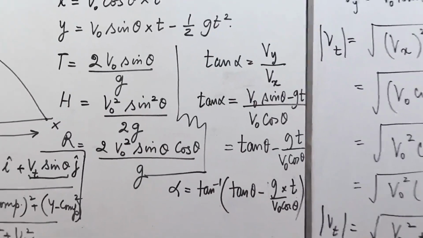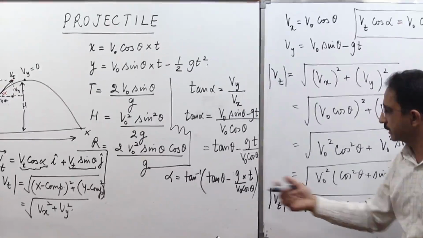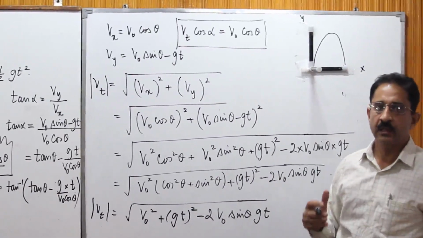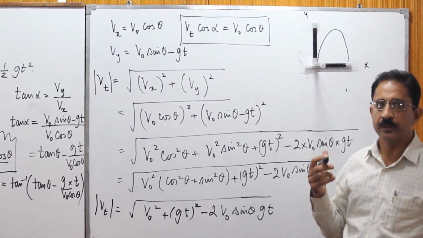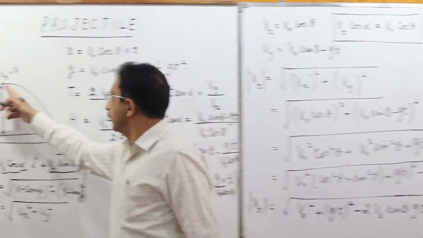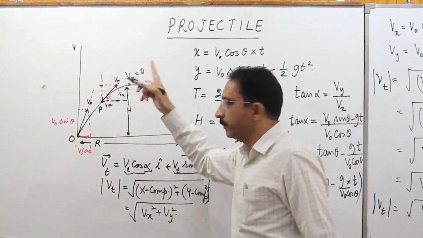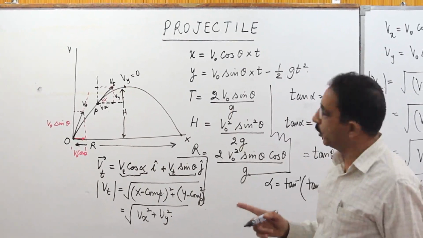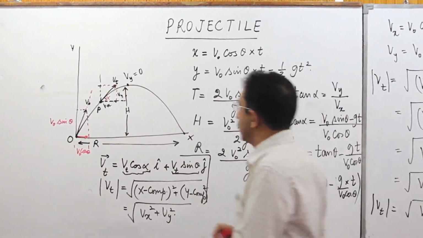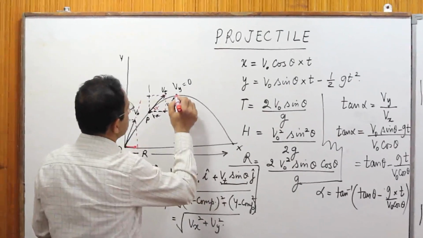Now we can play with these two equations, इस equation के साथ और इस equation के साथ, इन दो के साथ हम थोड़ा और भी कुछ results निकाल सकते हैं. And one such result would be significant, that what will happen to value of Vt if I substitute this point. ये बड़ा एक conspicuous और बहुत ही important point है इस motion का. इस point पर क्या होता है कि जो vy 0 बन गया, the only velocity which is left out